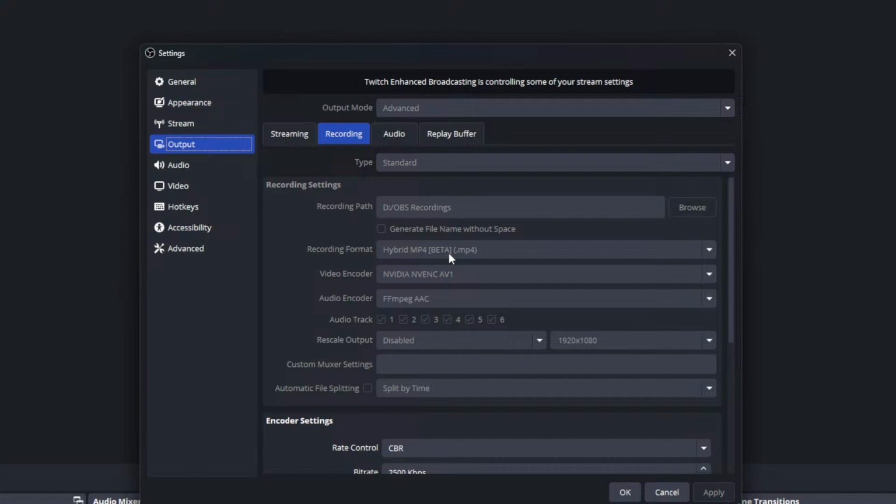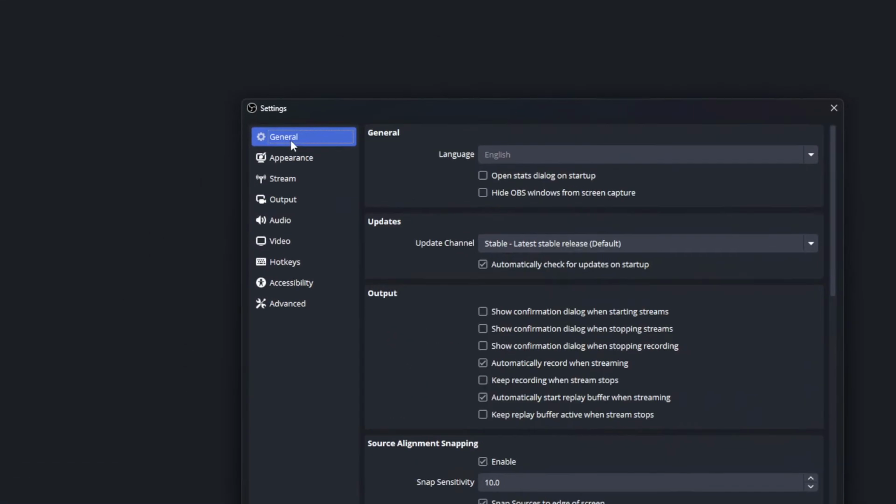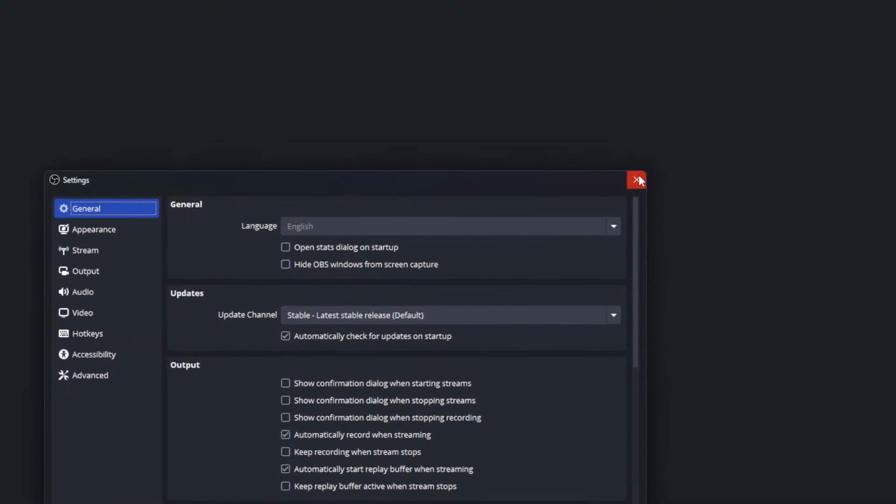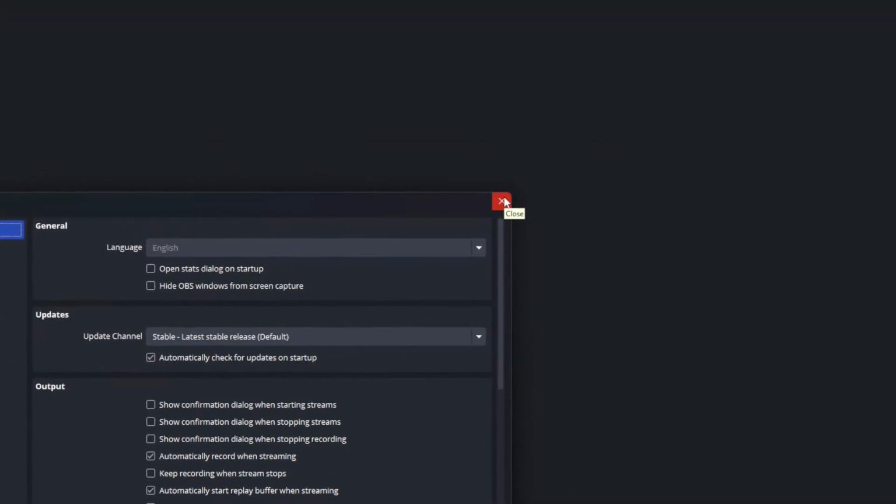You can do with this hybrid MP4. And you also get the benefit of streamer markers, or chapter markers. So that's the StreamUp solution